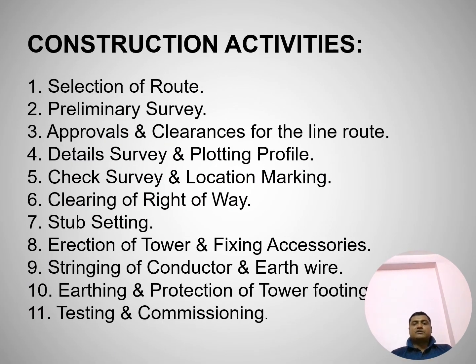Now I'm coming to the construction part. What are the construction activities or construction part of a transmission line? There are just 11 parts. Basically, if you divide the total line, there should be minimum 11 parts to construct a transmission line. First is selection of route. Second is preliminary survey. Third is approval of clearance for the line's route. Fourth is detailed survey and